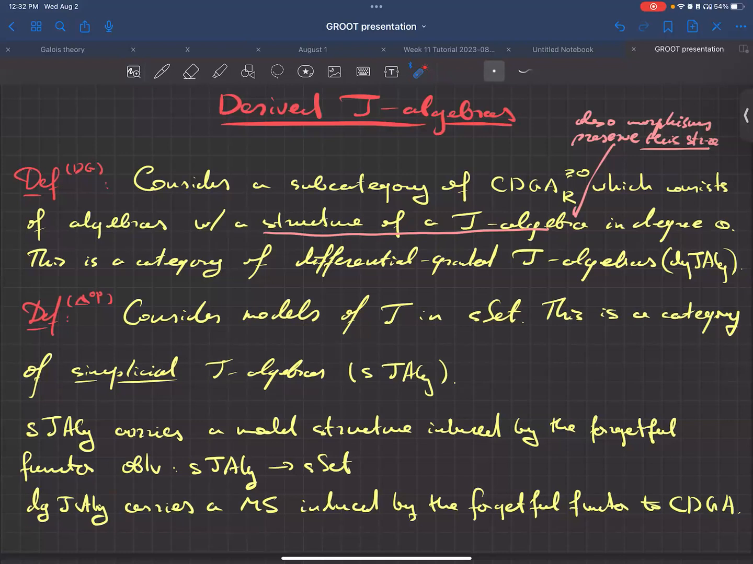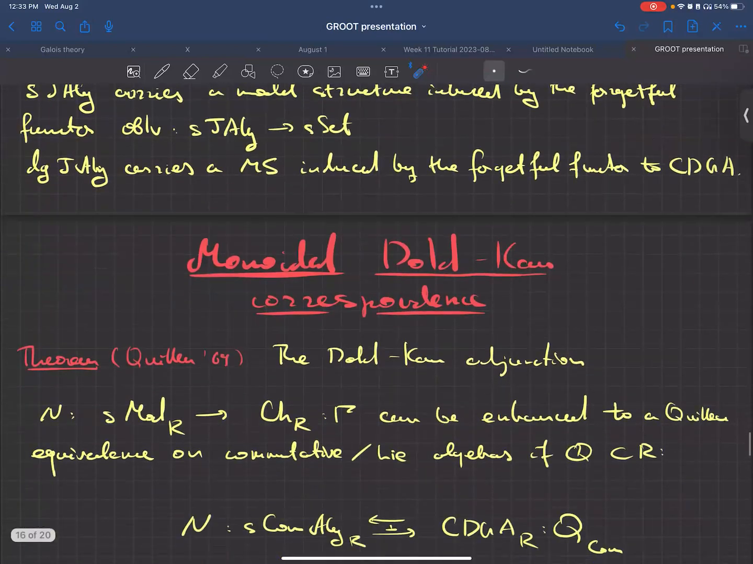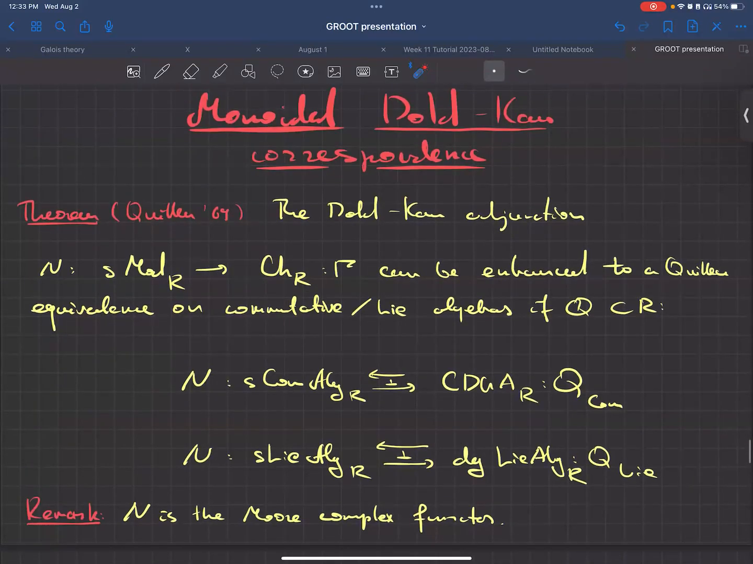So the category of differential graded T algebras also carries a model structure induced by the forgetful functor to the commutative differential graded algebras. And thus, it is natural to ask whether there is a Quillen equivalence between the two categories. So let's look at a prototypical example of such an equivalence. So by a result of, or rather a remark of Quillen in his